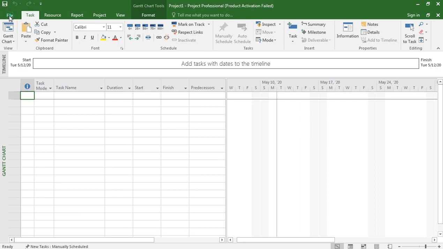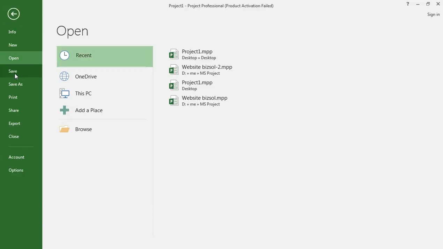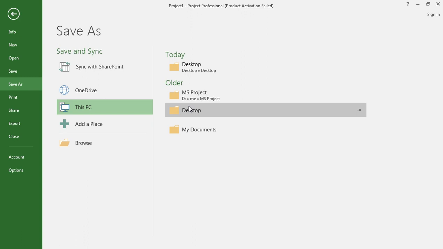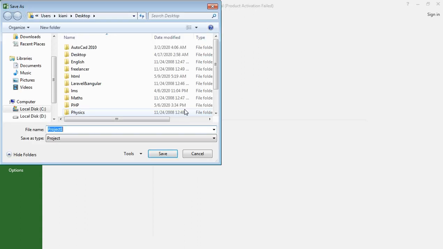We should save this file as, okay, we have created one file on desktop, and we should call it web project. Okay, website project.